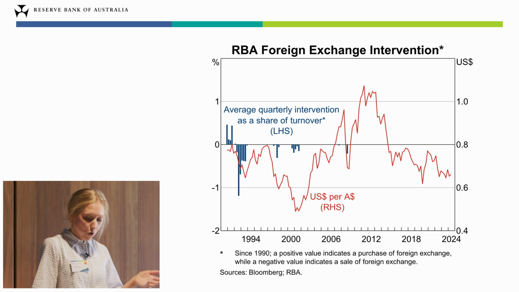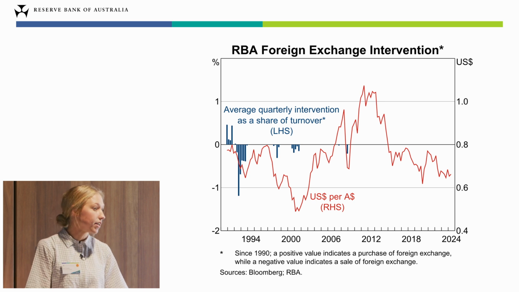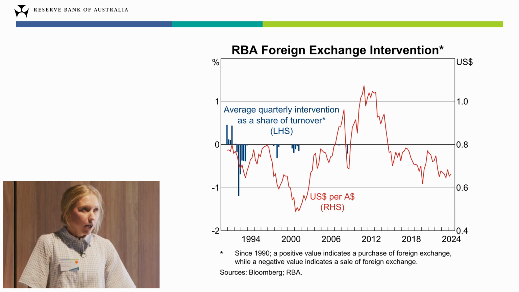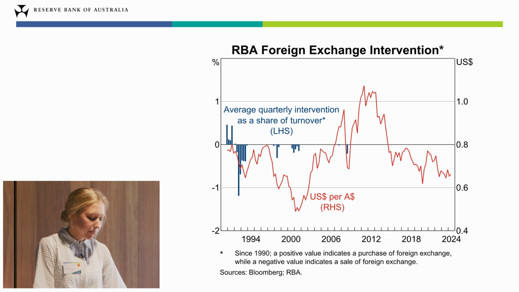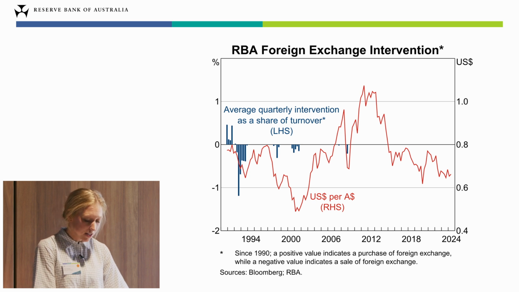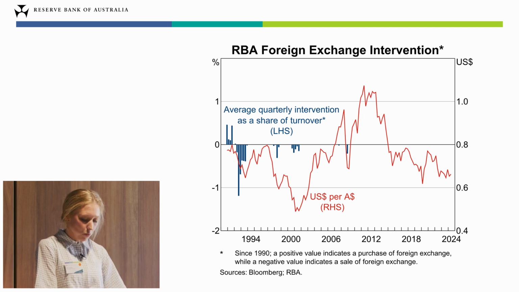But as this market evolved, market participants became more sophisticated and liquidity improved, the RBA could cease intervening for smoothing and testing purposes. And that brings me to the next reason that we used to intervene, and we call this reason overshooting. If the Australian dollar moved too quickly and was judged to have overshot the level implied by economic fundamentals, the RBA might have chosen to intervene. This was aimed at realigning the currency with where fundamental drivers suggest it should have been.